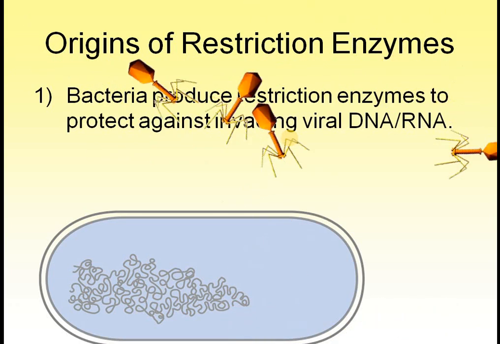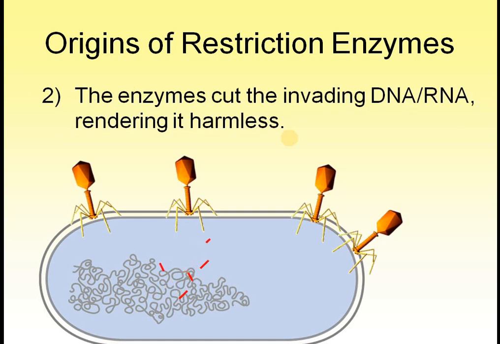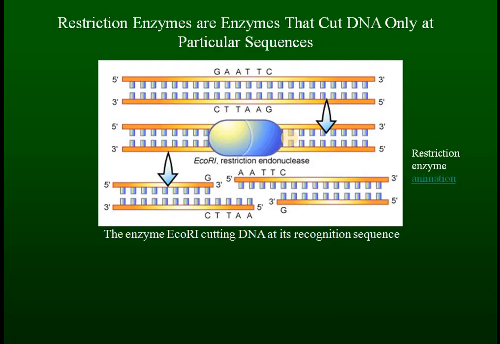The virus will come, attach to the bacterium, and release its genetic information. If that genetic information replicates inside the bacterial cell, it will destroy the bacterium. So bacteria will produce restriction enzymes to cut that DNA and make the DNA ineffective. So this is the restriction enzyme. Restriction enzymes will cut DNA only at a particular sequence. For example,